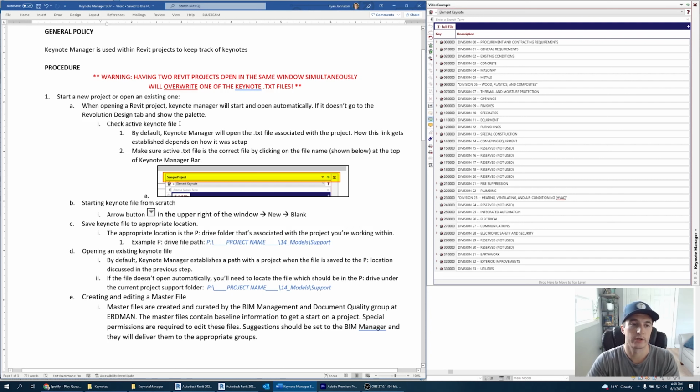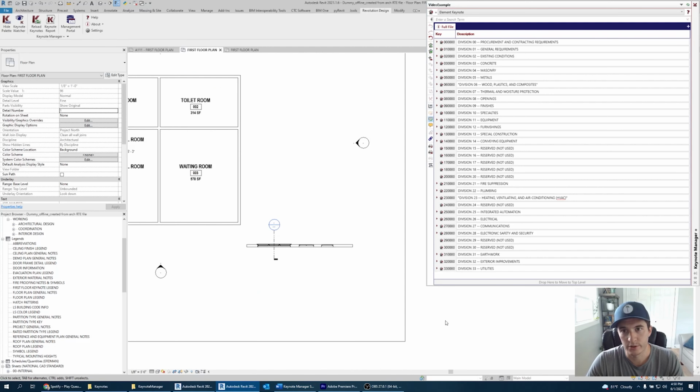So we want to start a new project or open an existing one. By default, whenever you open up a Revit project that has a Keynote Manager text file included in it, I don't know about all the time, but they should be linked up automatically. But regardless, you always want to check what project you're working with. By clicking this little tab up here, we can see where this file is located. This one is just thrown on my desktop in my work in progress folder,